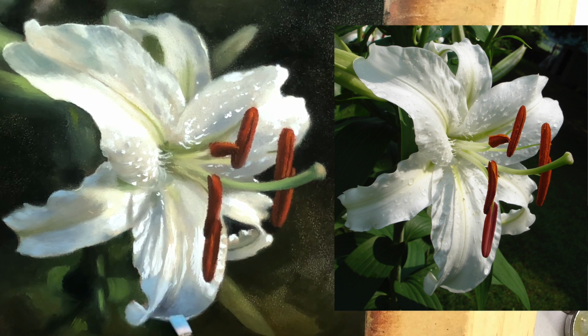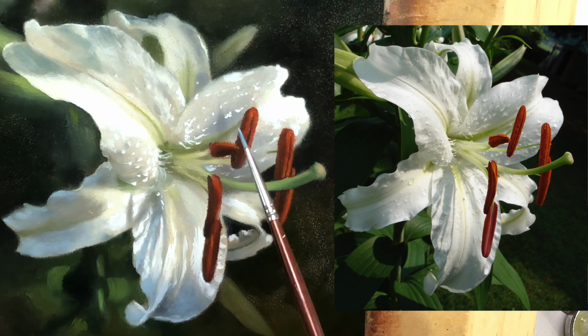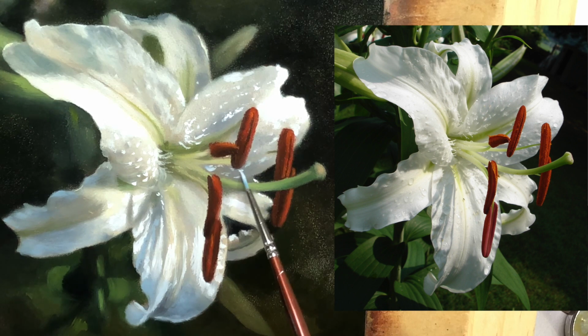So I'm constantly referring to my photo reference. I don't want to copy the photo exactly. I don't have exactly the same colors going on. I'm not trying to exactly replicate the photo. The most important thing is having your values correct, and that will go a long way towards making your work look realistic. But I'm not trying to replicate the colors